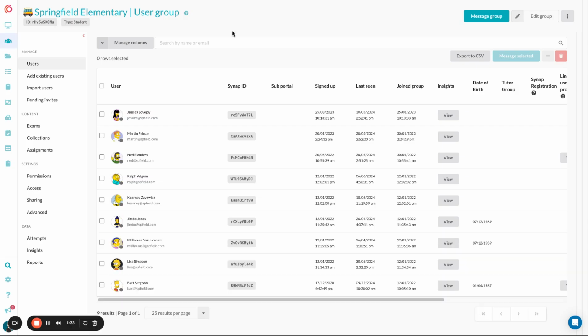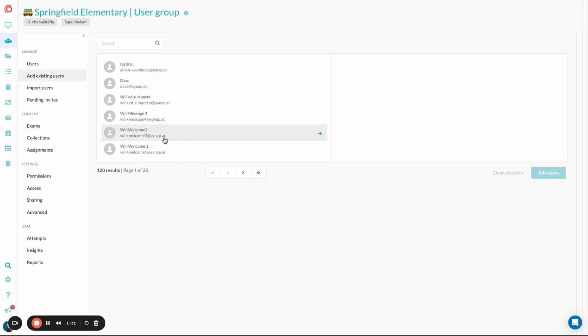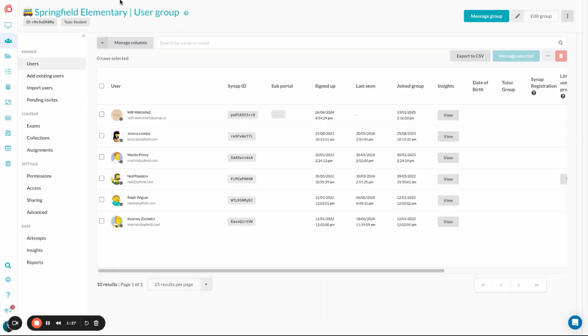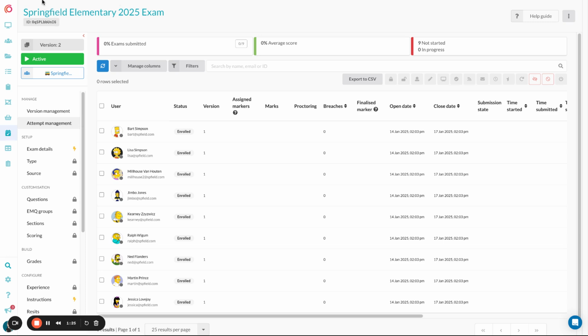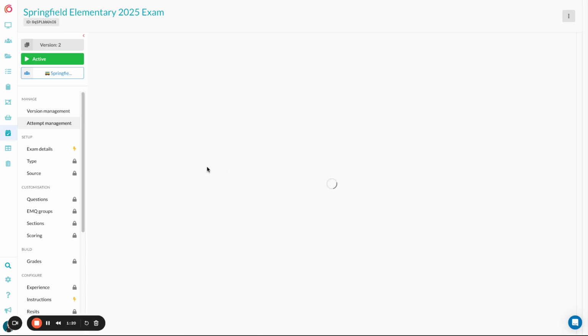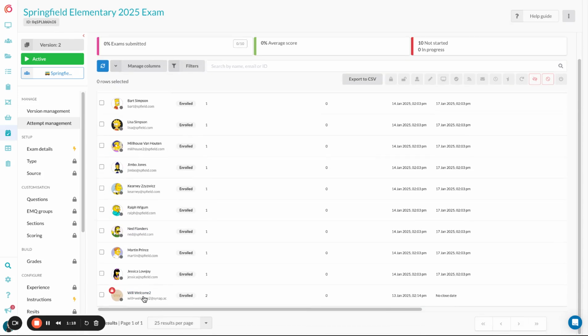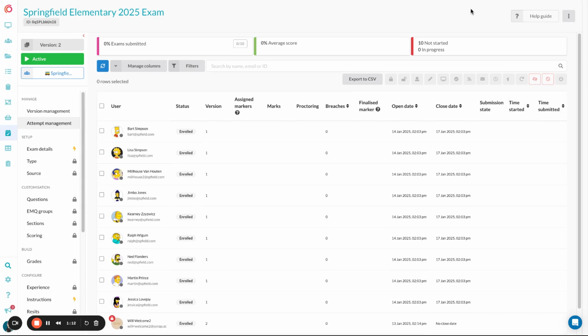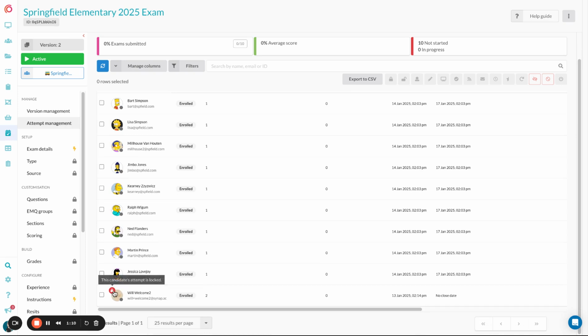If we add a new user to this group and refresh the page, they will have had an attempt generated under version 2, and we can see that one by the fact that there's a number 2 in the version column, and two by the fact that it's